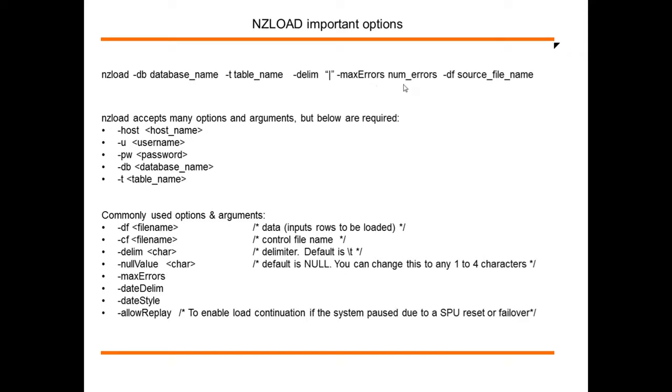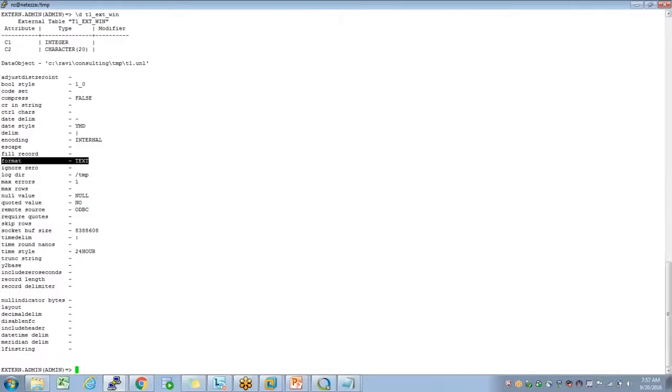My objective is to load the source file into table T1. So I just have to pass which database, which schema, which table, what the delimiter is, the maximum number of errors I can allow while loading the data, and where my data file location is. Also I can pass host name, user ID, password, right? And how I should have a date delimiter, a date style, all these options. If I show you that with a simple T1 example here,